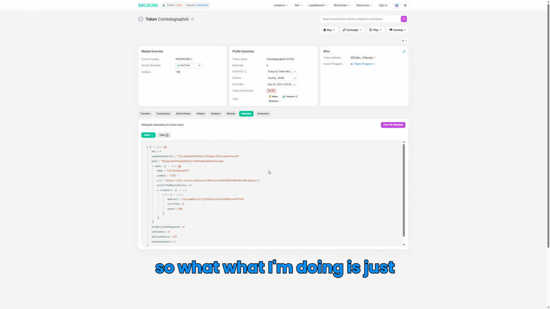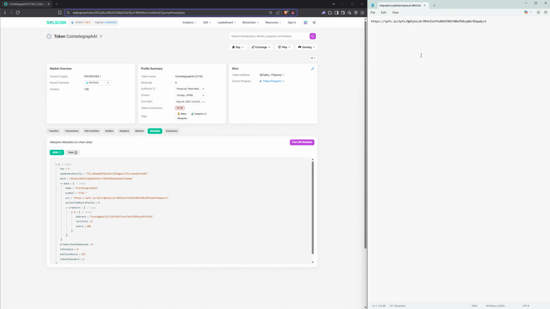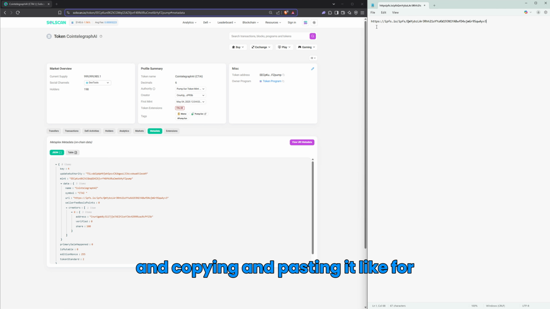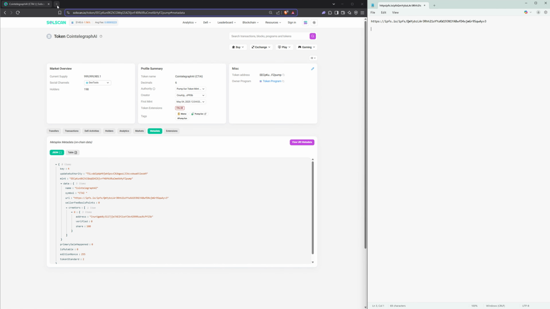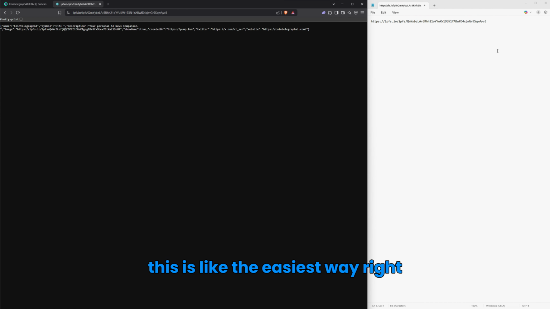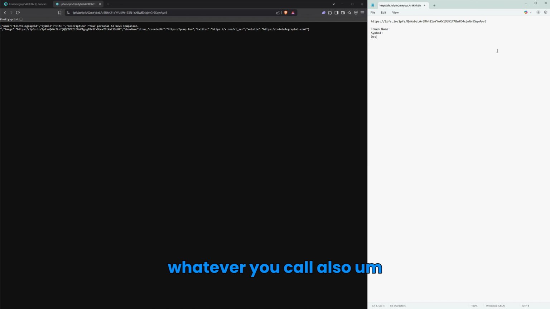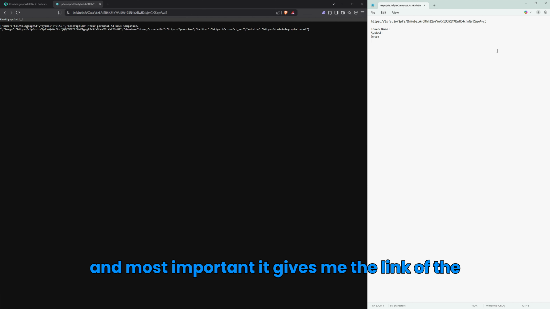So what I'm doing is taking the IPFS link from SolScan and copying and pasting it for getting more information about the token. This is the easiest way. It gives me the token name, ticker, symbol, whatever you call it. Also, description and socials, and most important, it gives me the link of the